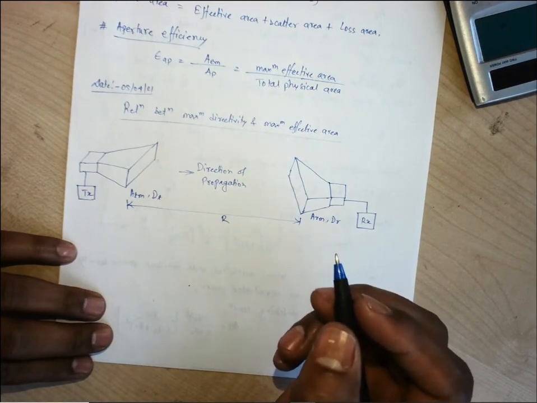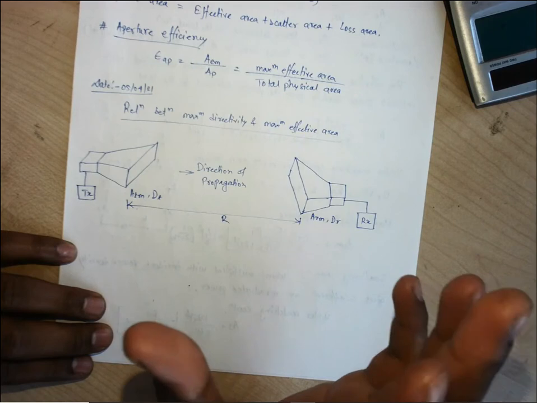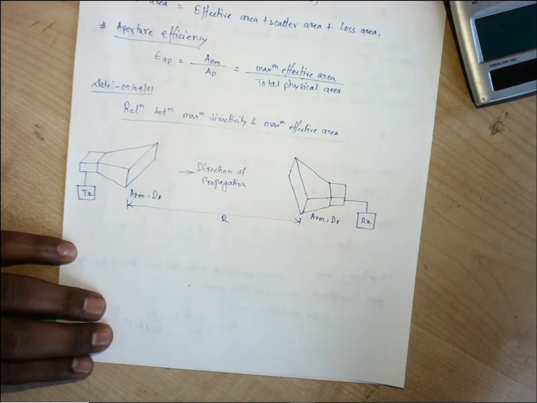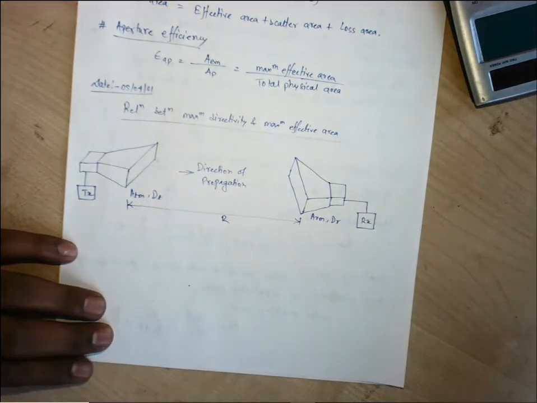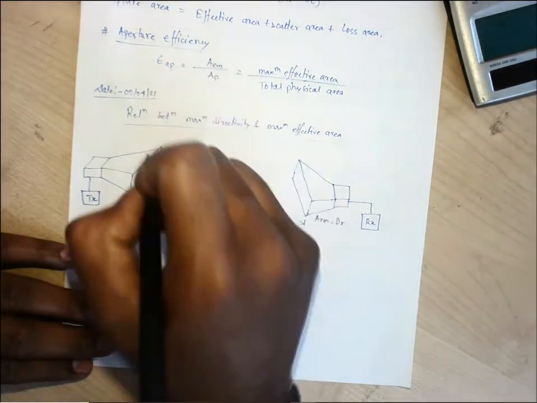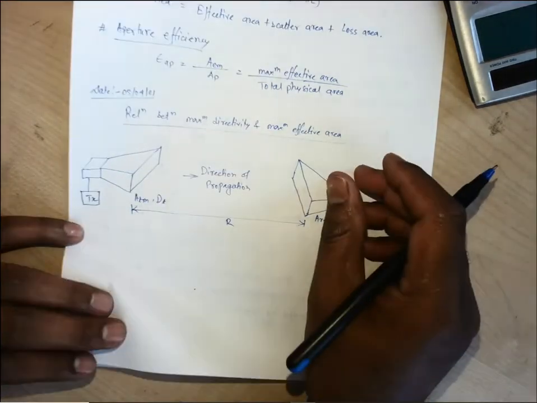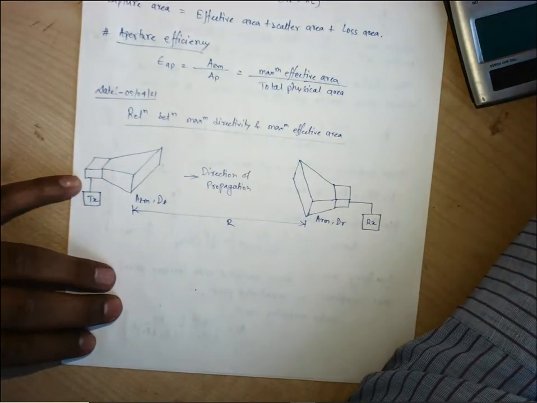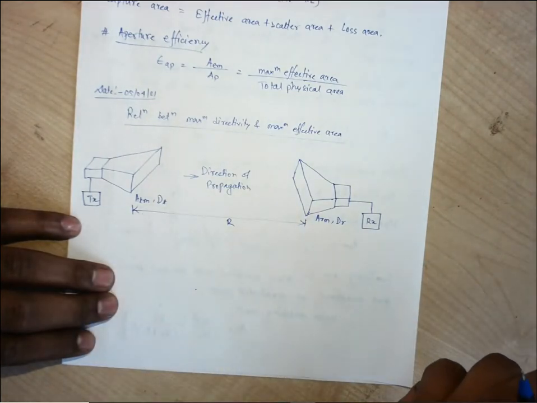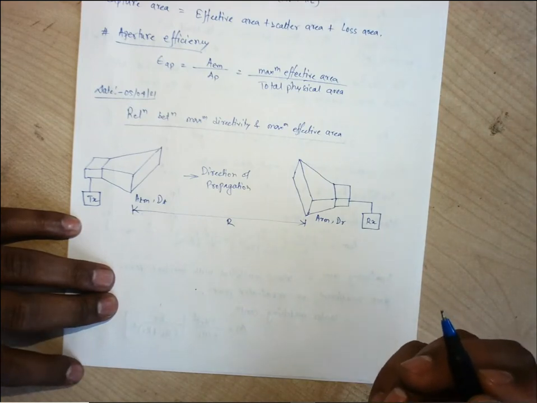Let us consider this transmitter gives a somewhat symmetric radiation, and its power observed at a certain distant point will be a function of both theta and phi, because it is radiating in every direction. So obviously it will have dependency upon the elevation plane and upon the azimuthal plane. Whatever the pointing vector we observe, the power at the receiver side will be a function of theta and phi both.